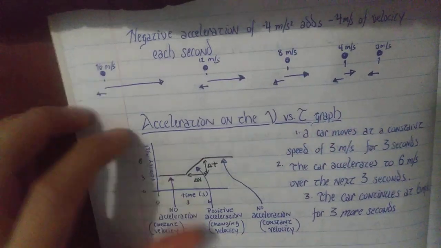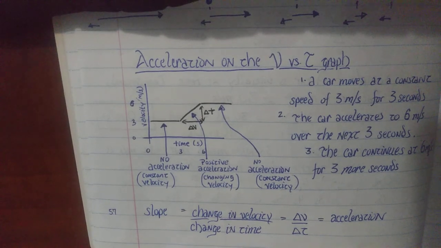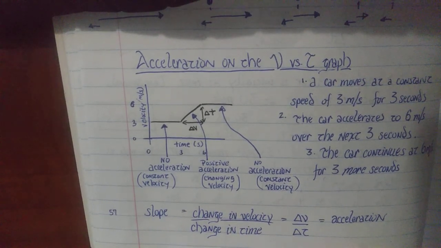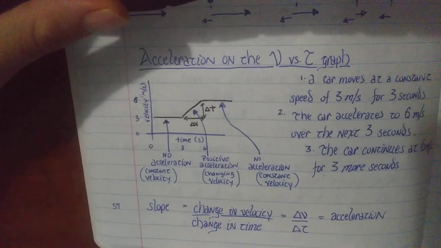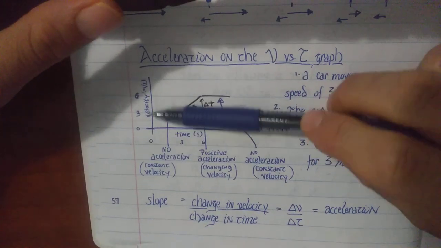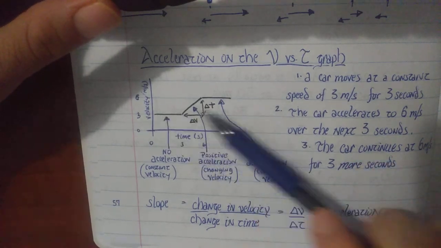All right, then we have this graph here. What does acceleration look like on a graph? We're going to start doing some stuff like this with our labs and such. Maybe not till we get back from Christmas break. I'm not really sure. We'll see how it goes. But this is acceleration on a velocity versus time graph. Here we have different velocities. Here we have time. So as time goes on,